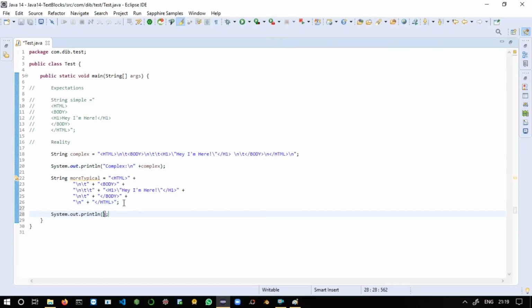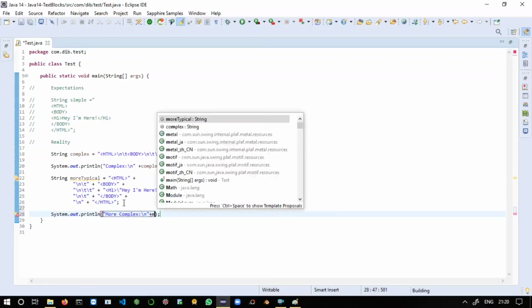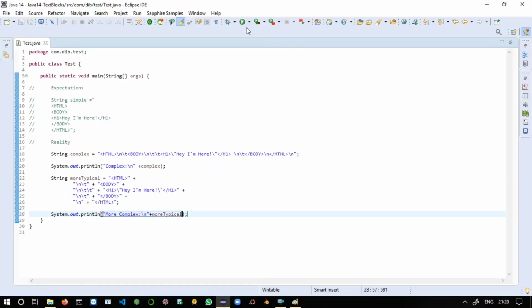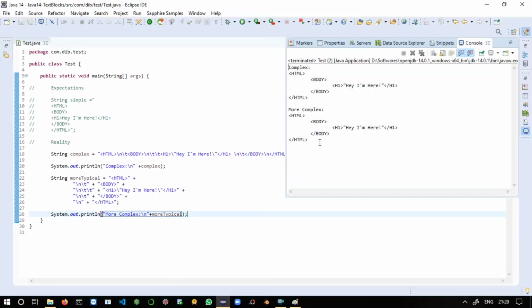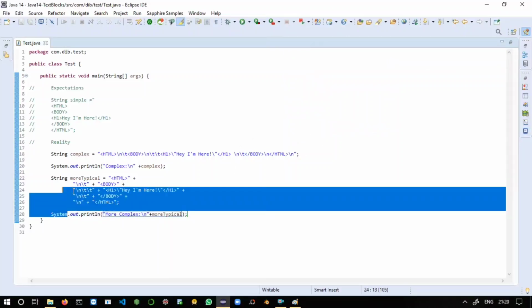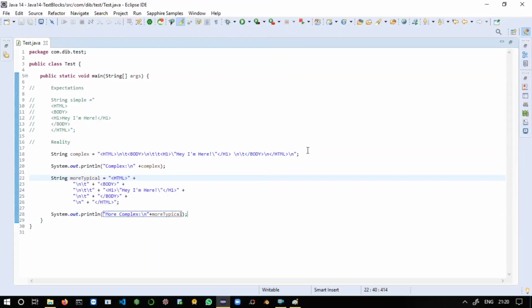So you can say sysout, more typical, more complex you can say. Here just concat with more typical. Just run the application. You can see the same output is coming, but the code is still complex. This much complexity we cannot handle each time. So let's move to the solution part, which is one of the most beautiful features of Java